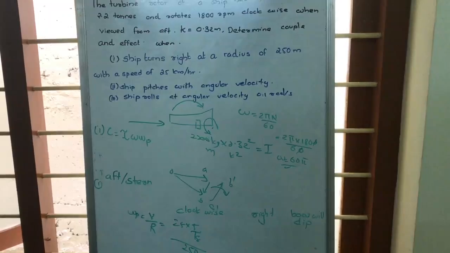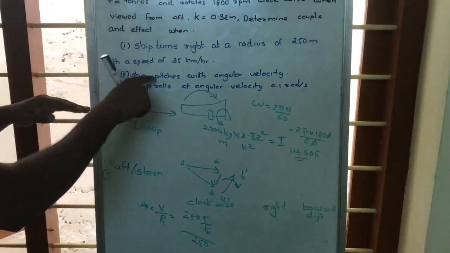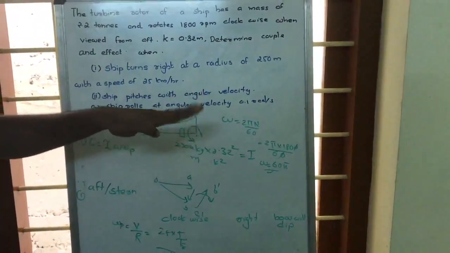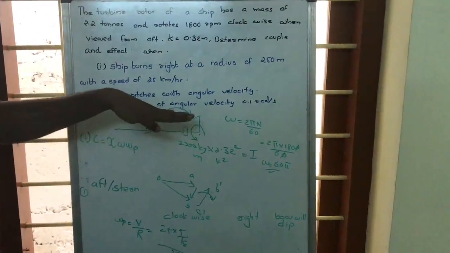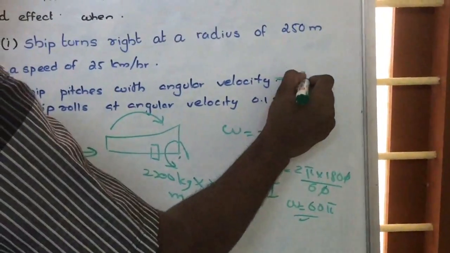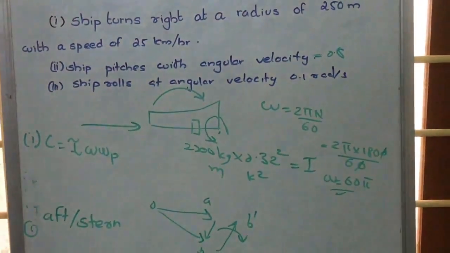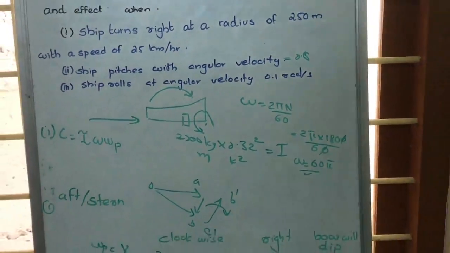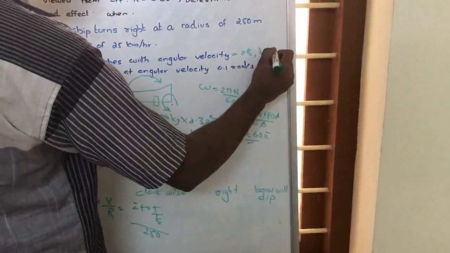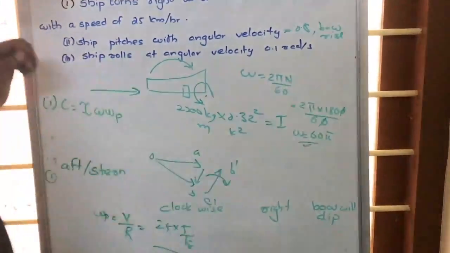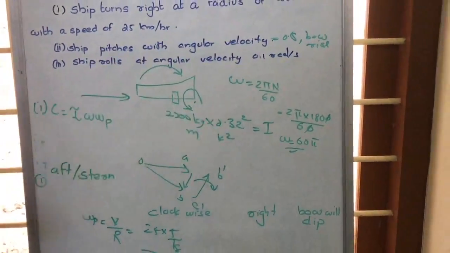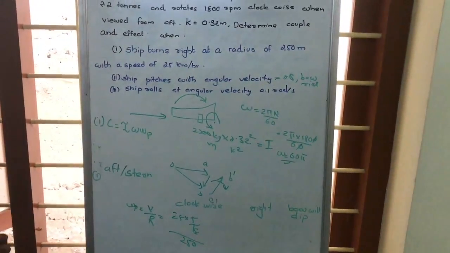And for the second effect, second effect means the ship pitches. Pitches means this type of motion is called pitching. So the ship pitches with angular velocity, and the angular velocity will be given, like some 0.8. In this question, the ship pitches with angular velocity 0.8, and it is given that the bow is rising. So there, what happens is